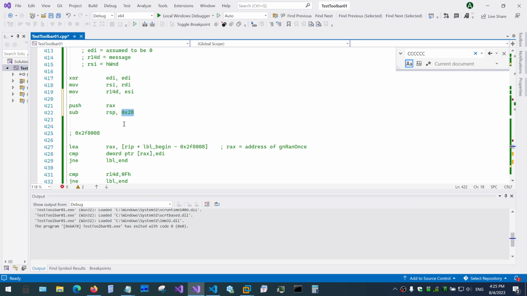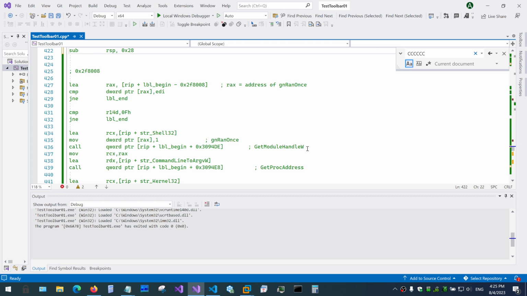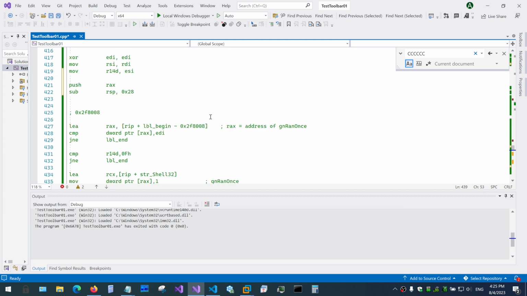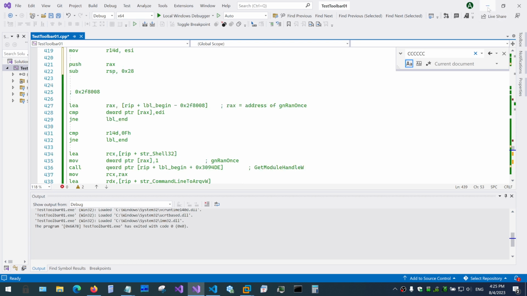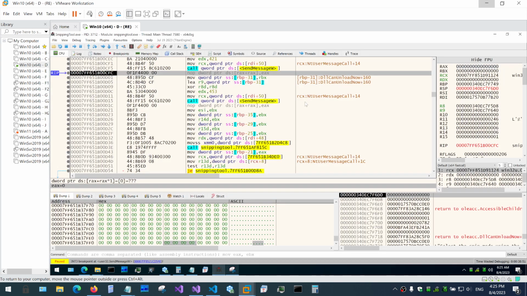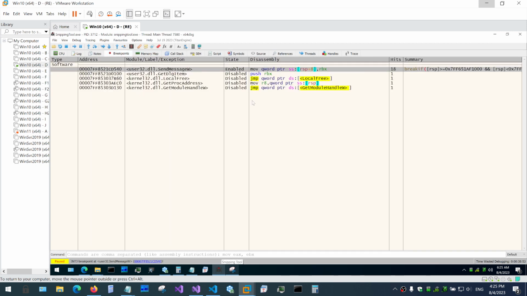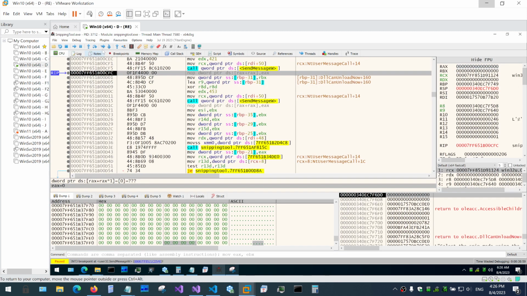And the reason this is important is because over here we are creating a hole in the stack by adding these 28 hex bytes. And if we don't align our stack correctly, if we call some system function, like, I don't know, this one for instance, or this one, it may crash internally because the stack is not aligned. So, in the way this works, let's see if I can demonstrate it for you with the debugger. For instance, okay, so send message here is enabled. So if I run